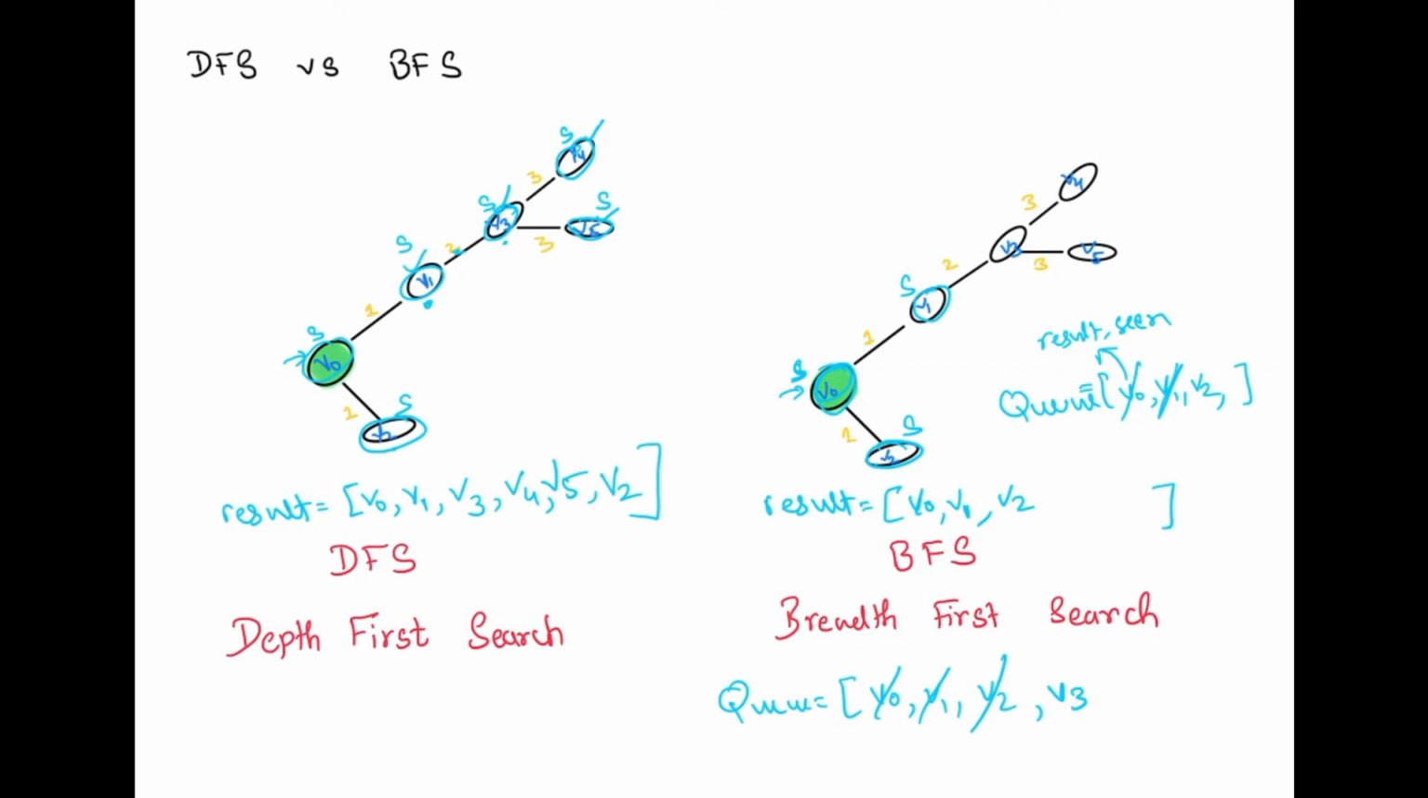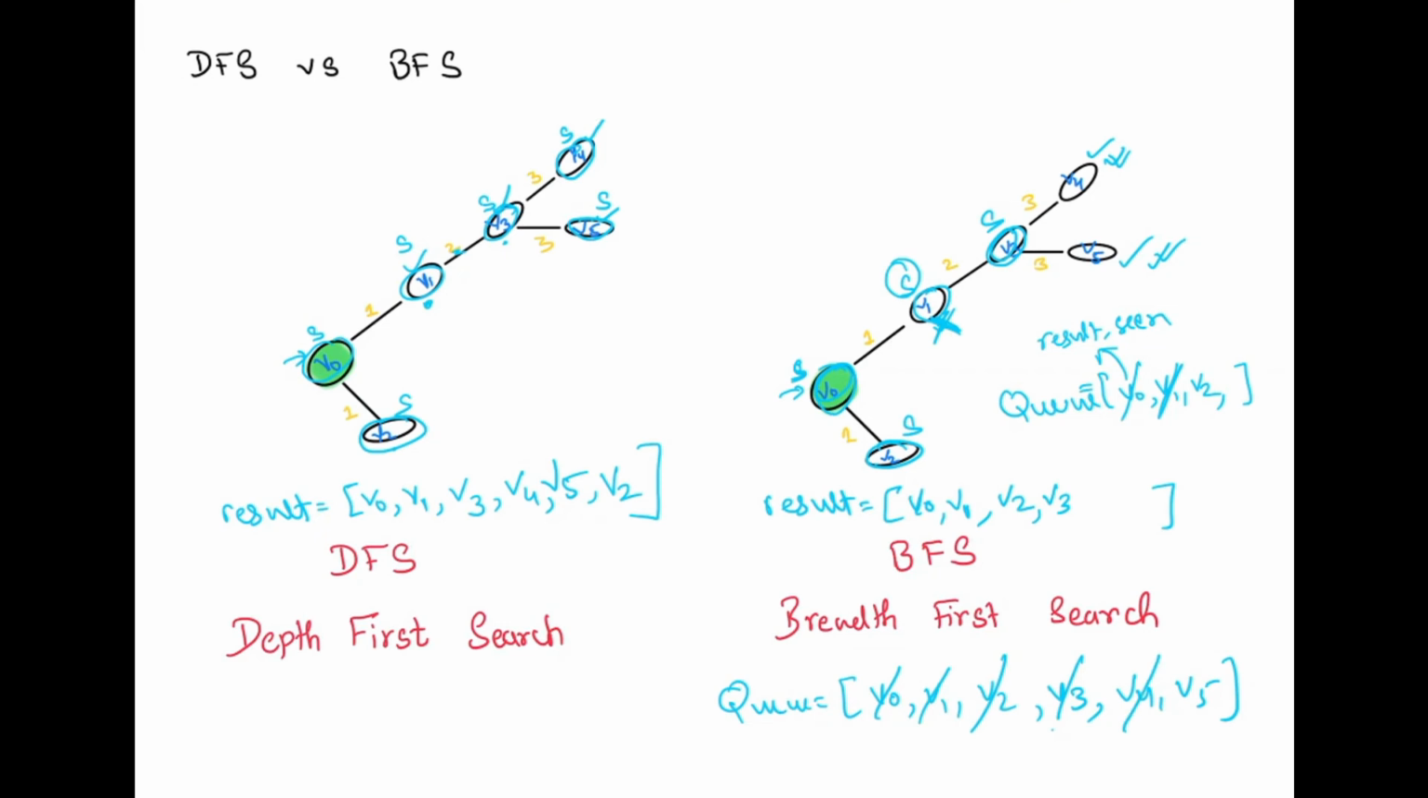Now we are going to pop from the queue again, and this time we are popping v3. So I'm going to add v3 immediately to the result and also mark it as seen. And on the queue, I'm going to add the neighbors of v3 which are not marked as seen. The neighbors of v3 are v1, v4, v5. v1 is already marked seen, so I'm not going to add it to the queue. I'm going to add v4 and v5 to the queue,